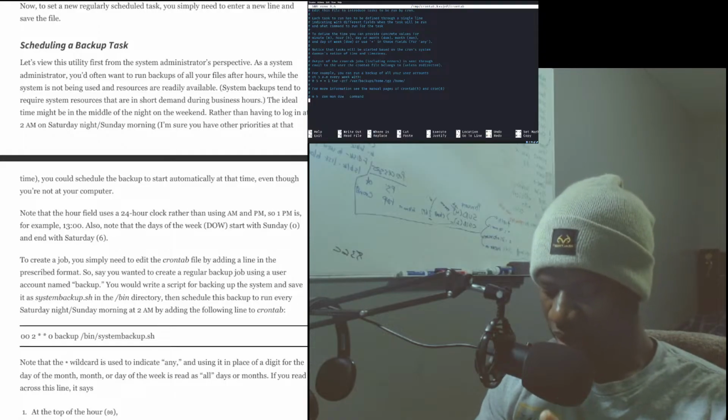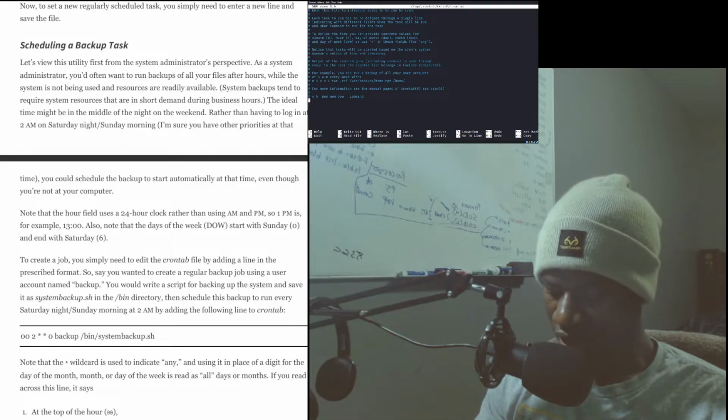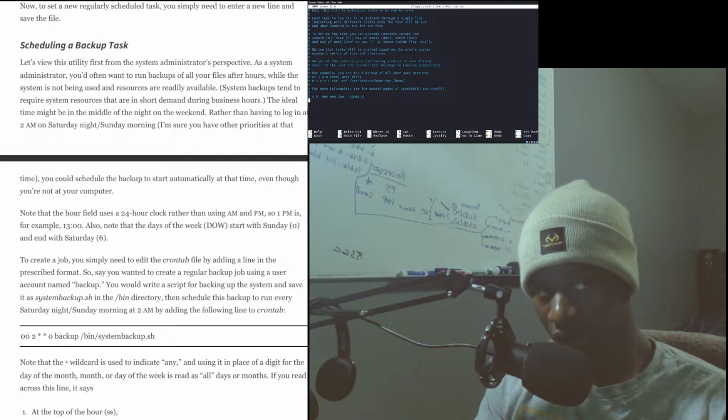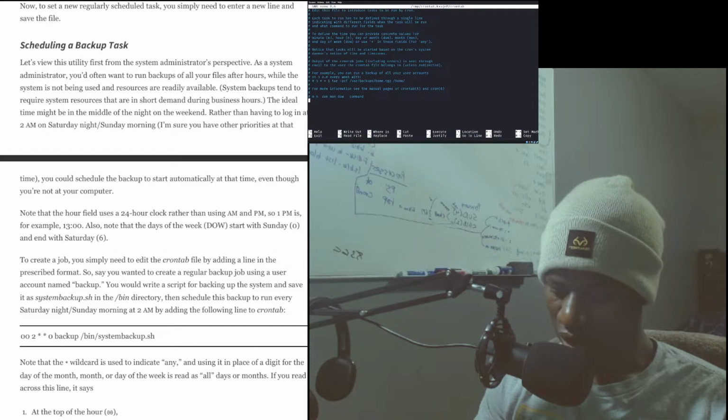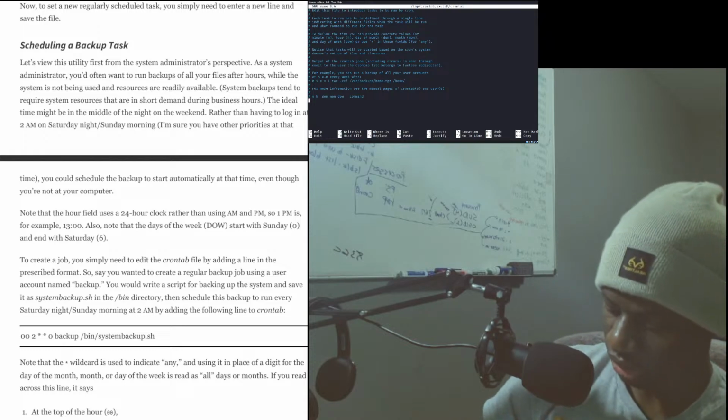The ideal time might be in the middle of the night on the weekend, rather than having to log in at 2 a.m. on Saturday night, Sunday morning. You could schedule the backup to start automatically at that time, even though you're not at your computer.